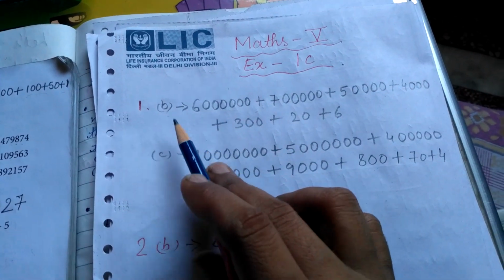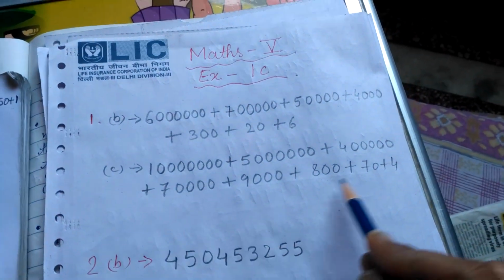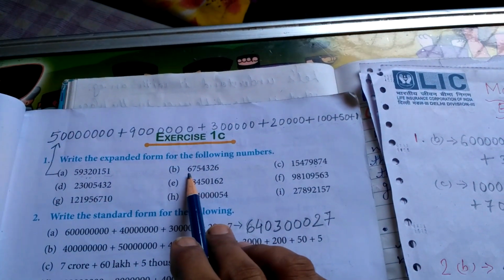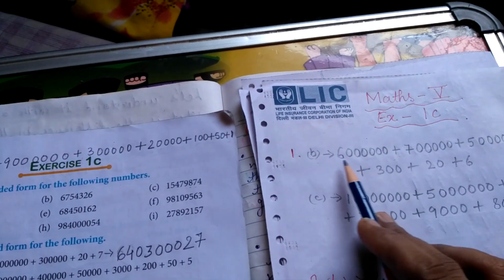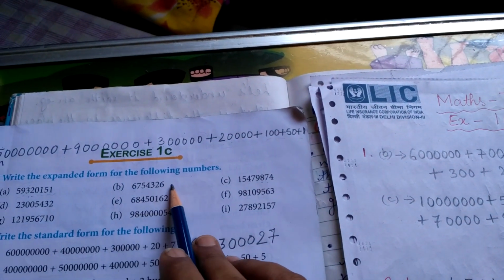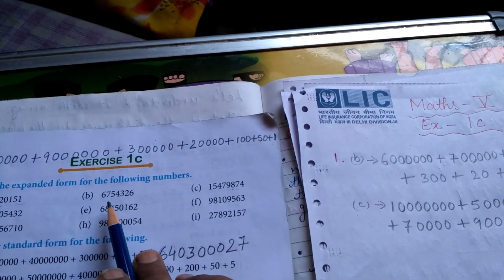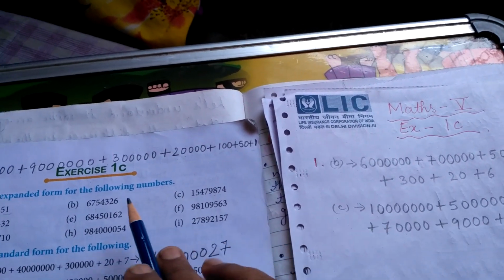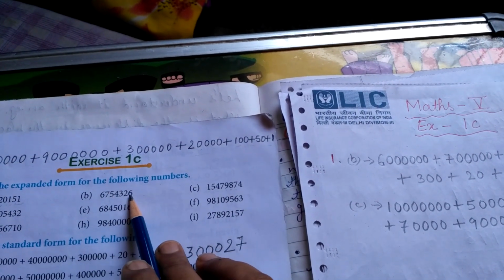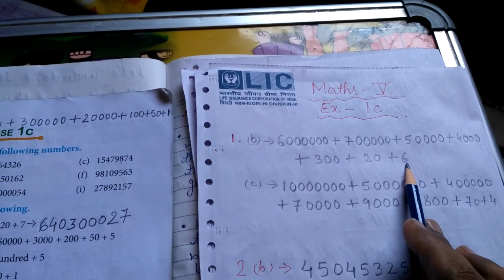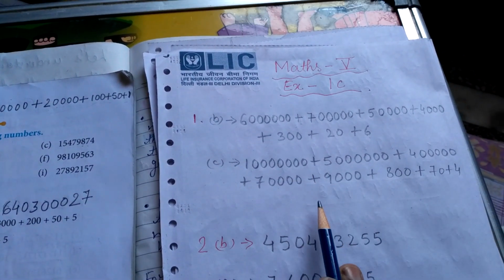So likewise, I have solved 2 more questions, question number B and question number C. Okay. So look at it. You only have to note down the initial digit. That is, in this question it is 6. So I have noted down 6. Then you have to count the number of digits next to the 6, and that many zeros you will put. Then the plus sign will come. Then you will note down the second digit. That is 7. Then again you will count the number of digits to the right of the 7, and that many zeros you will put. Likewise, you have to move up to the ones place. Okay, so B and C questions I have solved.